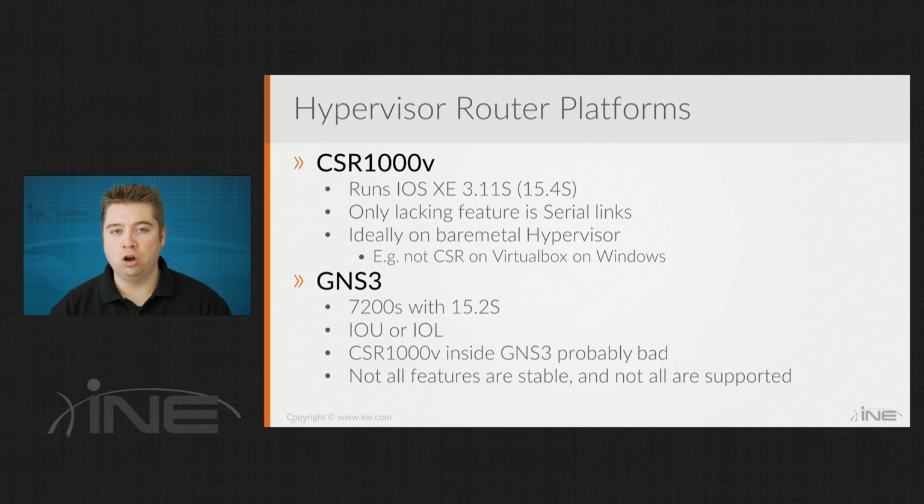The only difference is that you don't have physical interfaces, you have virtual NICs, and you're routing the packets between the VNICs. Now, the only other thing that it doesn't support, though, is serial links, which we don't really care about because even though PPP and HDLC is within the scope of the exam, it's going to be 1% of the scope. So you could do those topics in GNS3 in 5 minutes, or you could do them in regular hardware routers in 5 minutes. You go to the serial link, say clock rate, whatever the number is, encapsulation PPP, congratulations, you got a PPP link. So it's nothing that's really that big of a deal that would warrant continuing to keep it in the